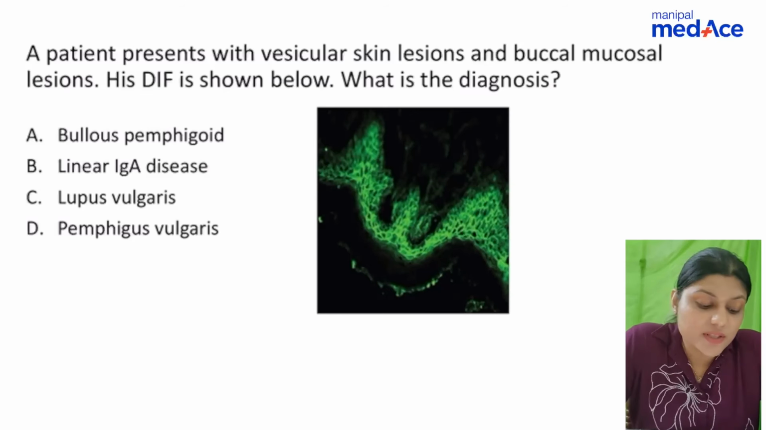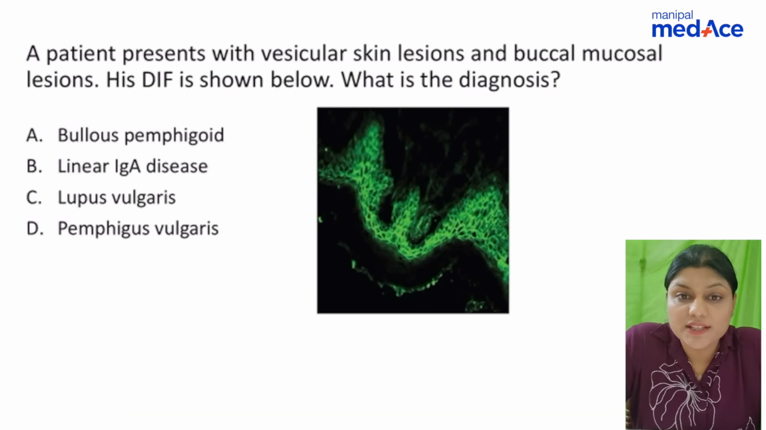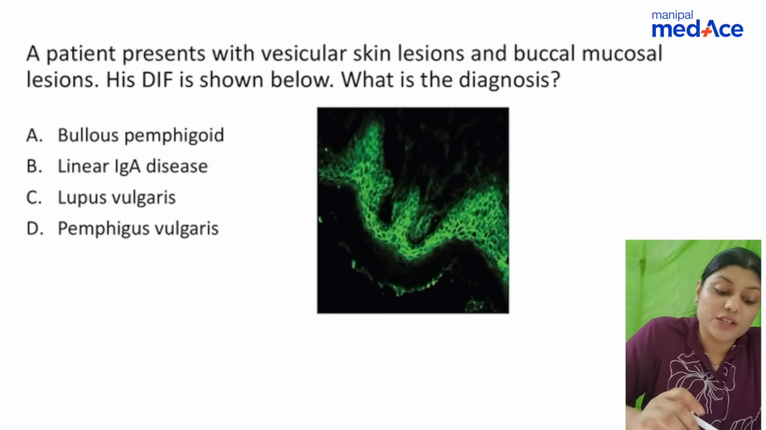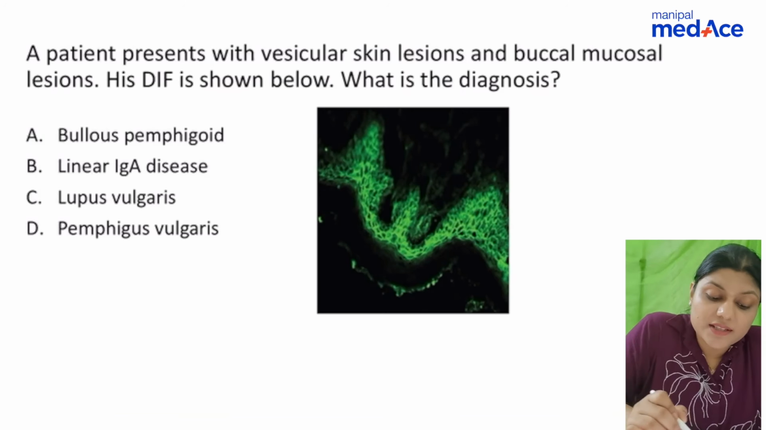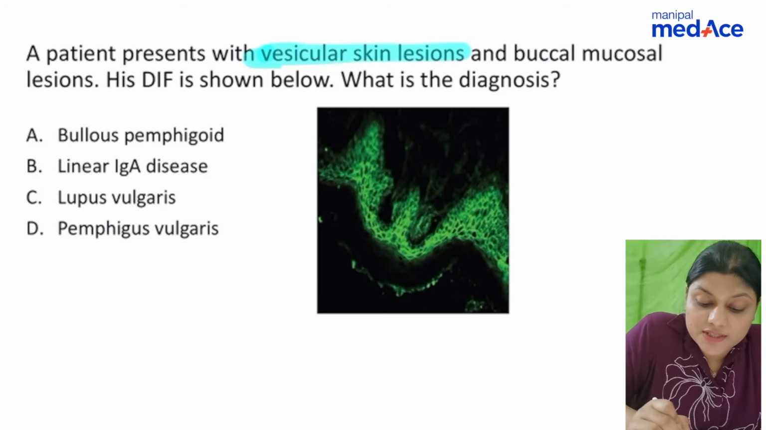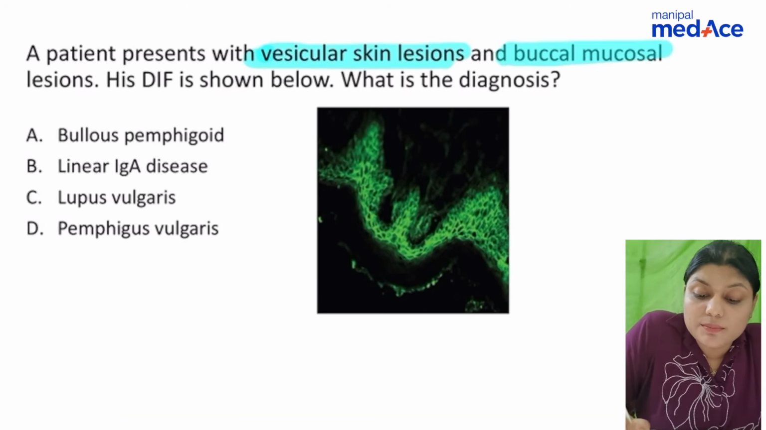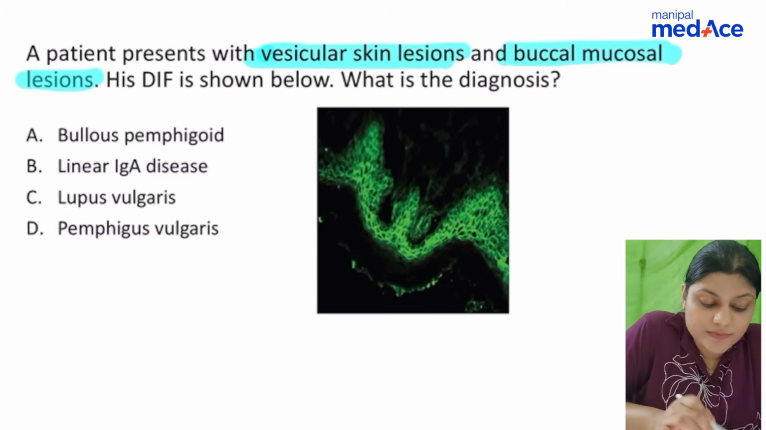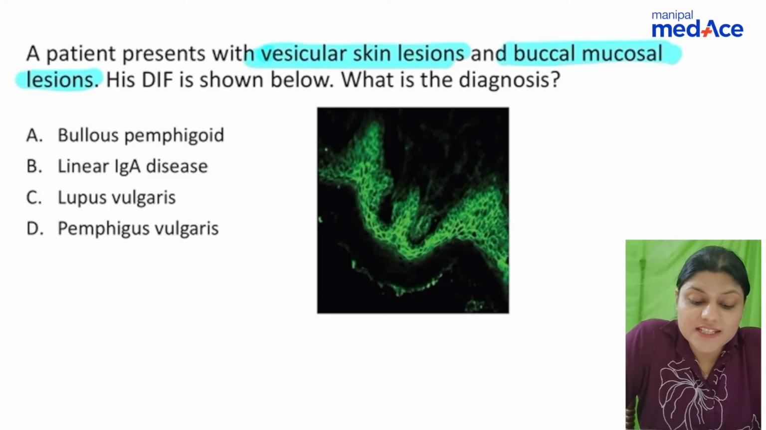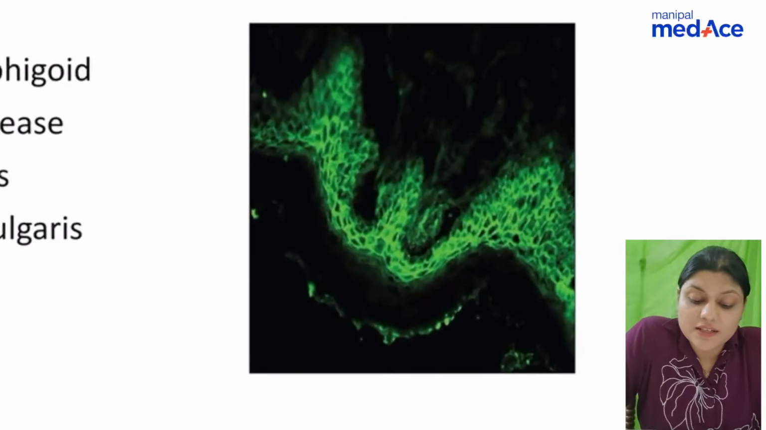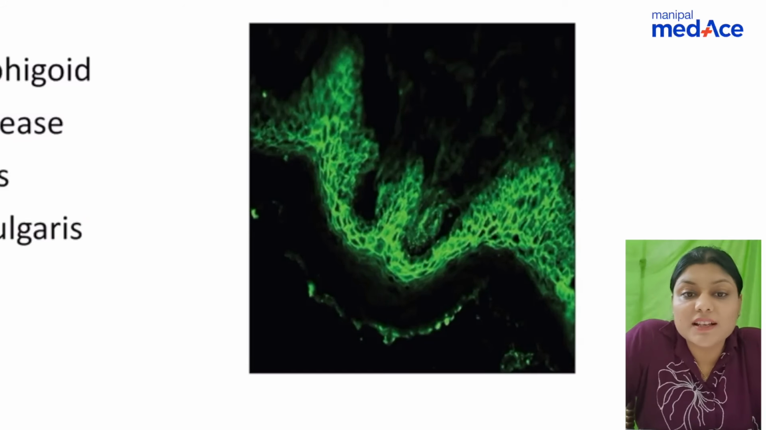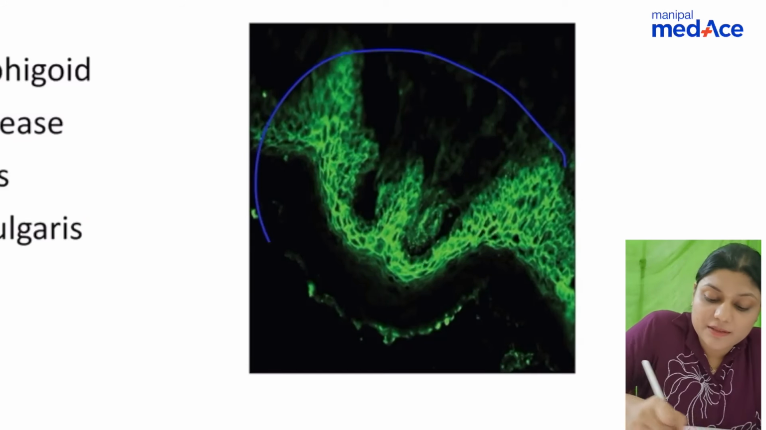The next question, a patient presents with vesicular skin lesions and buccal mucosal lesions. His direct immunofluorescence is shown below. What is the diagnosis? Okay, so the key words in the question are presence of vesicular skin lesions and buccal mucosal erosions or lesions. In DIF, you can see a typical fish net pattern,